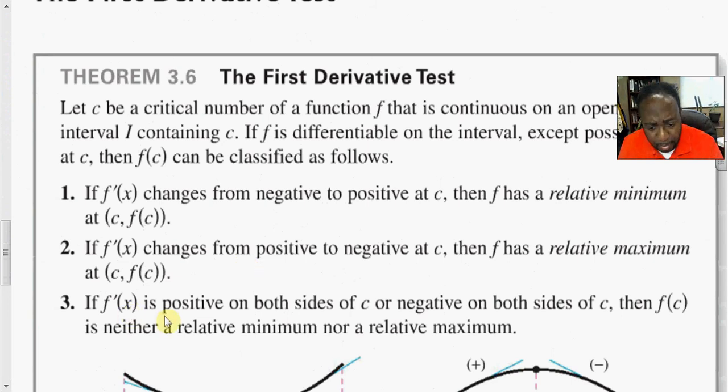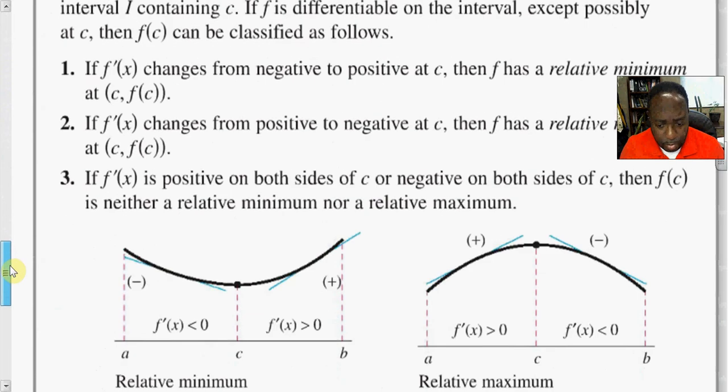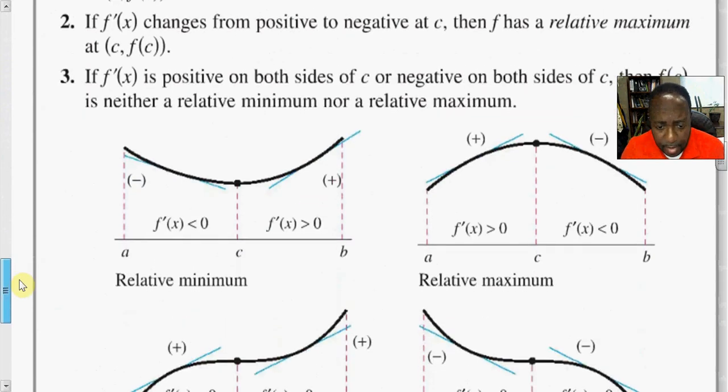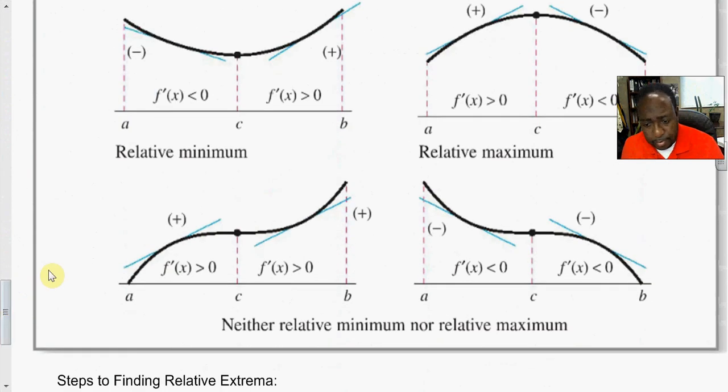If f prime of x is positive on both sides, or if it's negative on both sides of c, then there is no relative extrema. There is no maximum or minimum there. The function is said to be constant for that particular interval. That's number c. So here are the examples